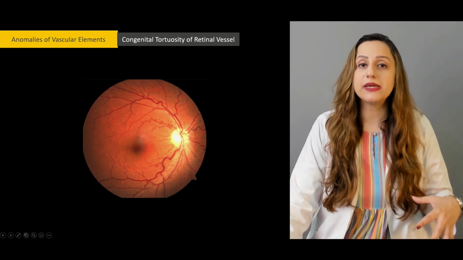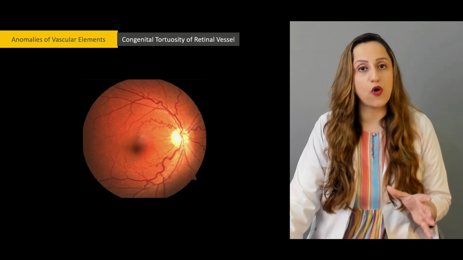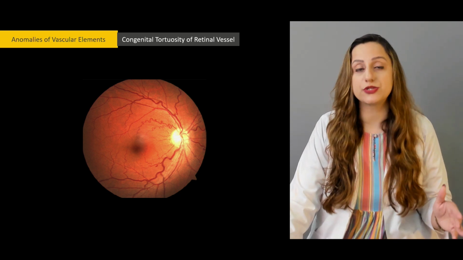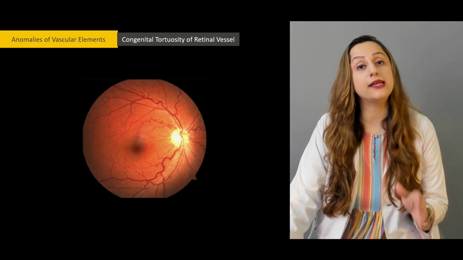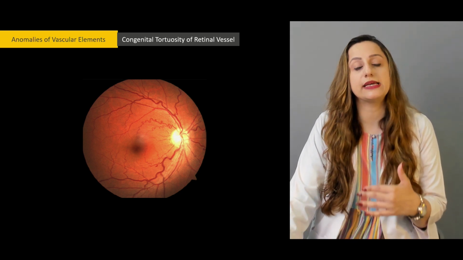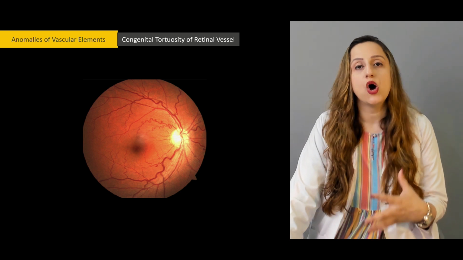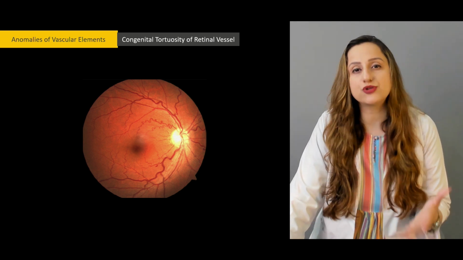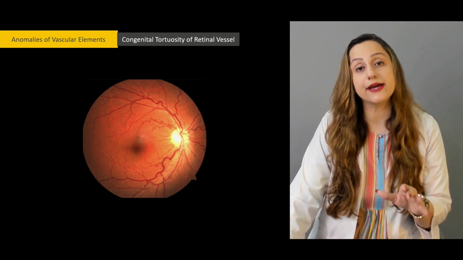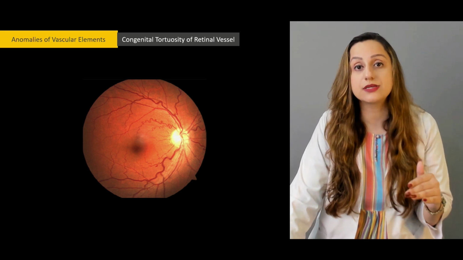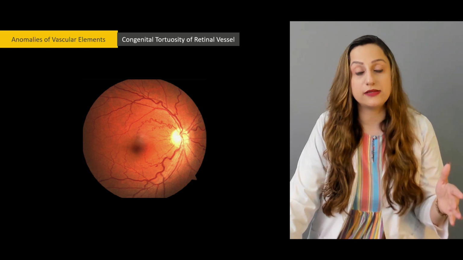But you should keep in mind the normal view of the retina that you've already observed previously. Only then can you compare, and only then can you diagnose that this person has accentuated vessels, or that these vessels have some atherosclerotic changes in them. That is going to be diagnosed only when you have that comparison in your mind for the normal